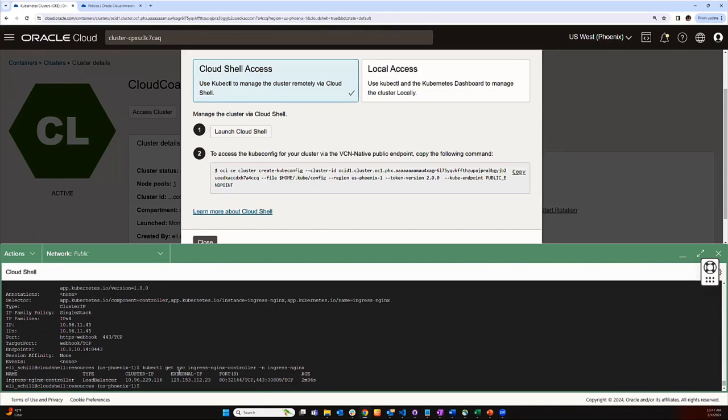All right, so we're going to get the service details. You'll see here it gives me a public IP address, and that's going to be the OCI load balancer that was created automatically when we provisioned the Ingress, the Nginx controller to our cluster. If we deploy an application now,